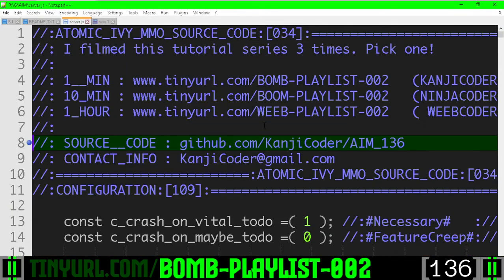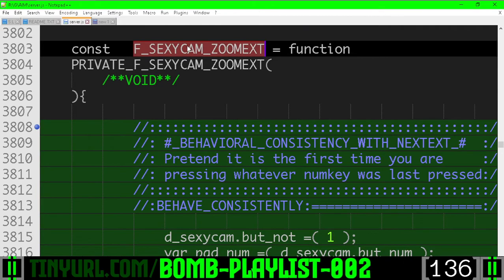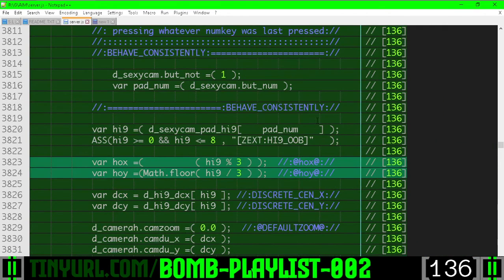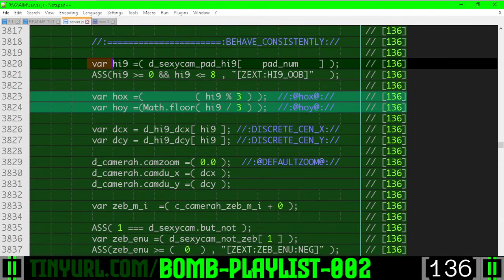Let's look at where that code's coming from. In SexyCam zoom extent, that's where the code's coming from. We need to reset the number of times the hotkey was pressed. What hotkey was it? Well, it was this hotkey. So let's get the button number and put it in this pad number variable. Let's look up the associated hotel, make sure it's between 0 and 8, and then get the hotel X and